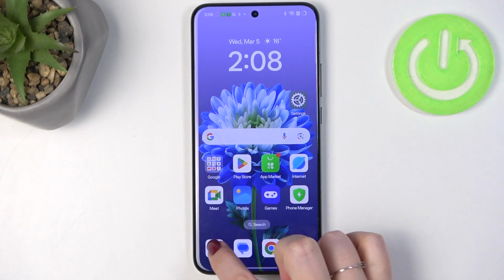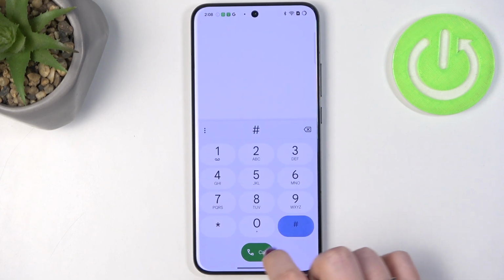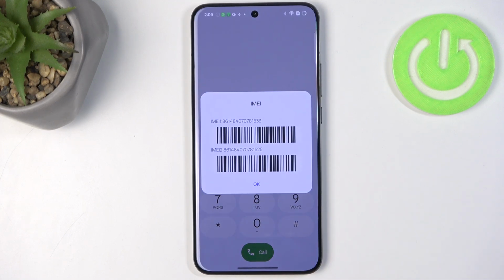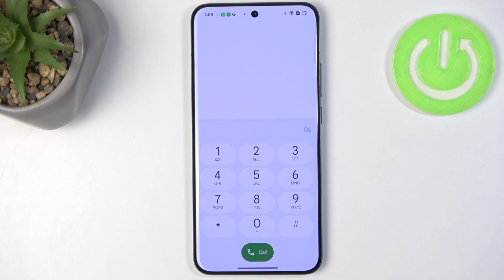So let's start with opening the dialer. Tap on the keypad and enter the code, which is *##06#. And as you can see, by this code we are provided with both the main numbers of this device. So let's tap on OK, and another code, which is